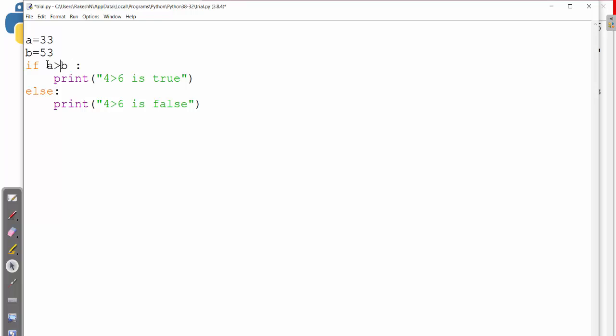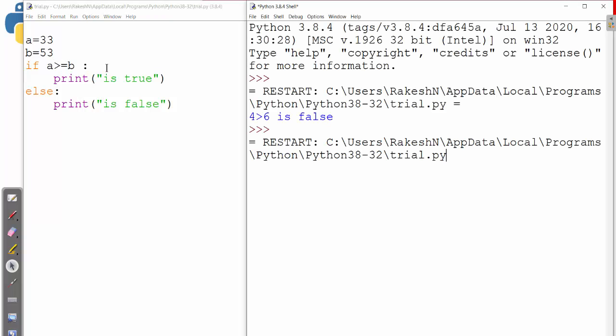I am writing here greater than or equal to, so that we can see whether a is greater than b or not, and which statement it will print. You see, it is printing false. It means a is not greater than or equal to b, that is, a value is 33, b value is 53.